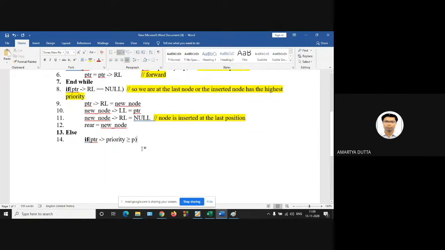Otherwise, if PTR, its priority is greater than P, so intermediate position, then PTR1, we are using another pointer PTR1.